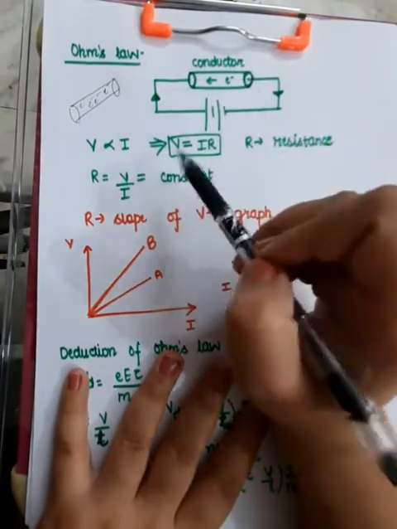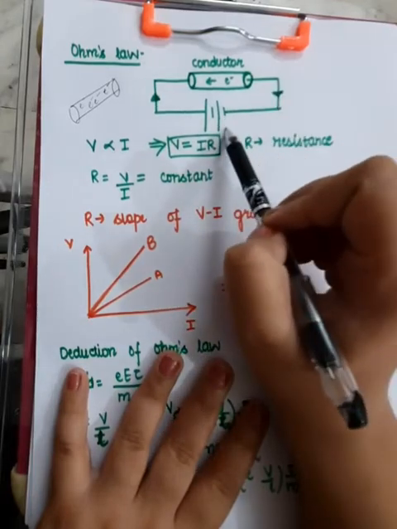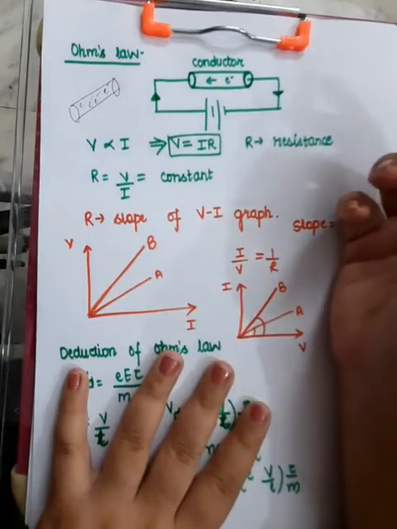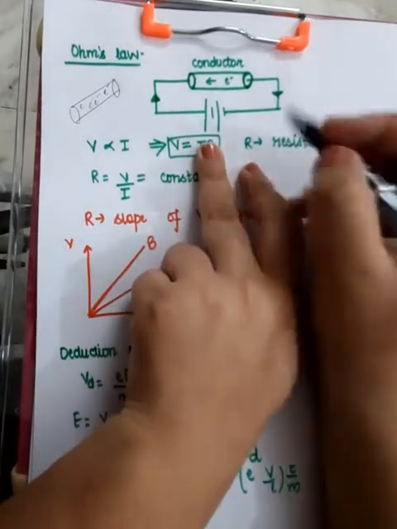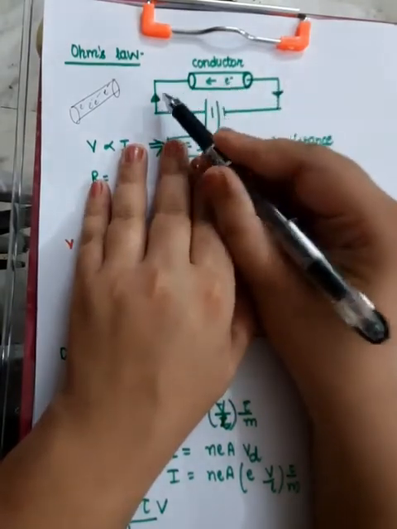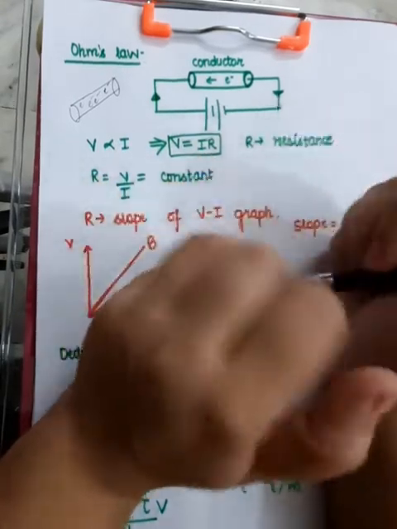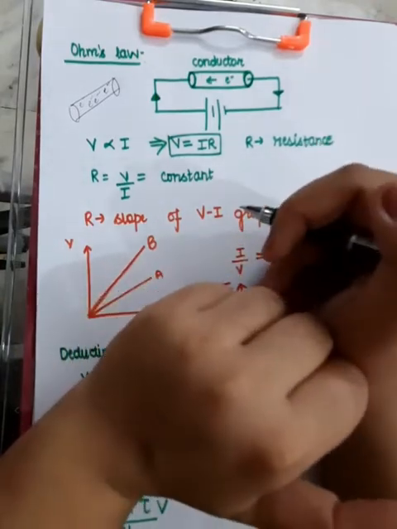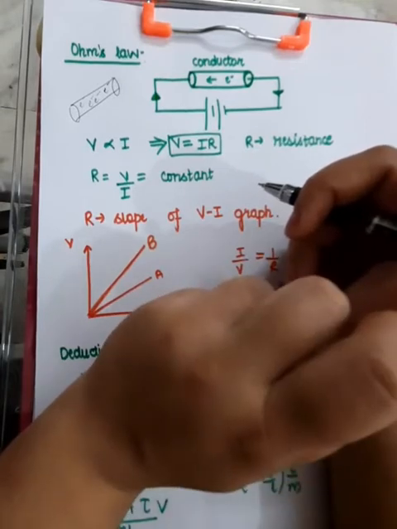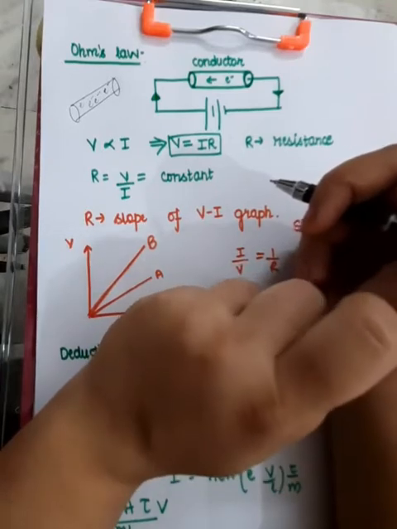Suppose you have a conductor here and its two ends are connected to the two terminals of the battery, one end to the positive terminal and the other end to the negative terminal. Now, what is going to happen? These free electrons will be accelerated towards the positive terminal of the battery. The more potential difference you apply, the more powerful the battery, the more electrons will be moving, and hence the charge flowing per unit time will increase, and hence current will increase.